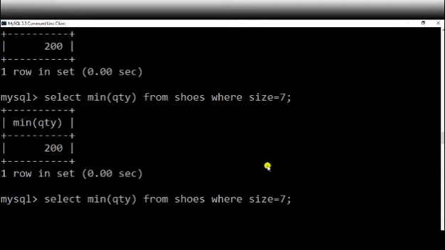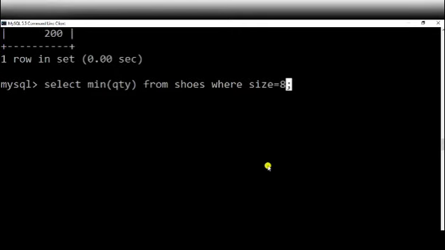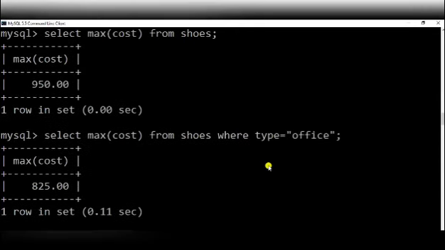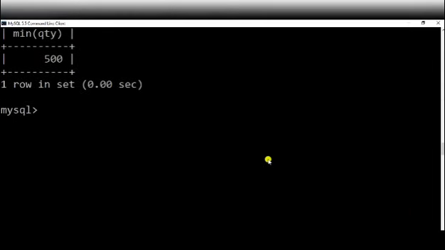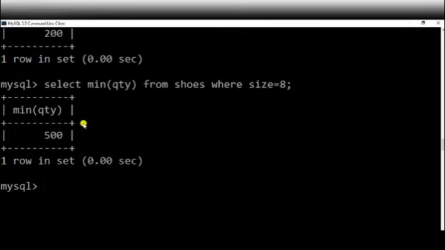Let's do it for size 8. Minimum quantity of size 8 shoes is 500. Let us see. Size 8 is this 600, size 8 1100, size 8 500, size 8 600. It has given you the output 500. So minimum quantity is 500.